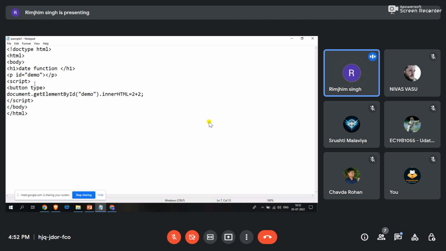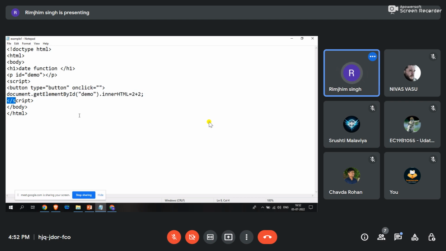My agenda here is, on the click of my button, I'll be displaying today's date. So button type is button, and on click of my button I'll be displaying this particular thing. Onclick is equal to, and here I'll be writing this